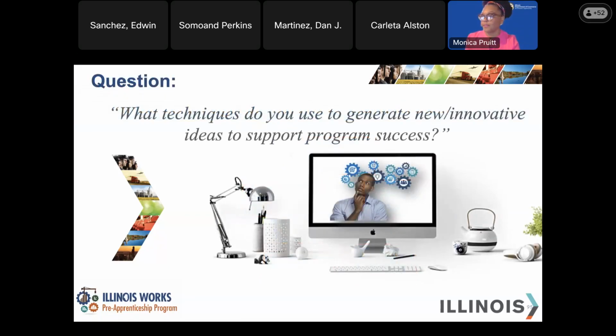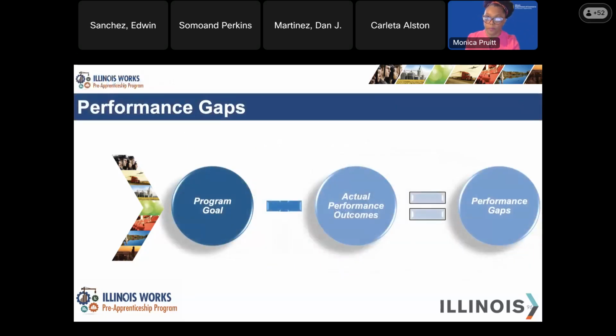Next slide, please. Performance gaps. Grantees can benchmark their performance using a dashboard. There's the programmatic dashboard and also a follow-up dashboard. For information on accessing those dashboards and other relevant reports, you may refer back to some of our previous